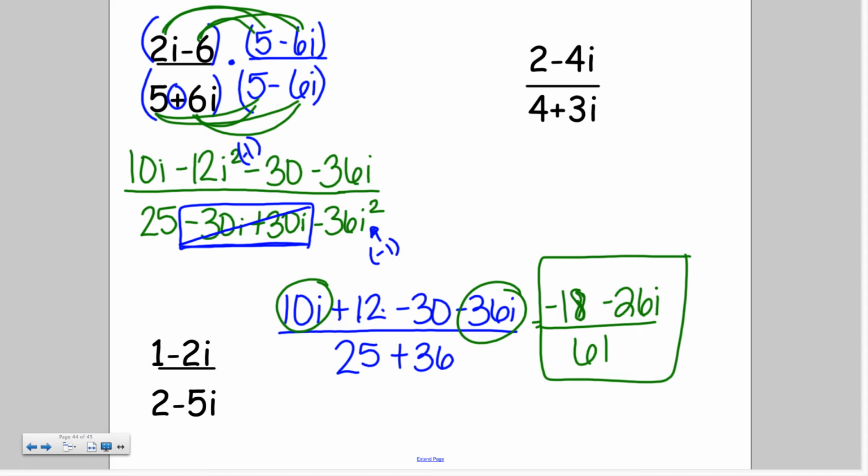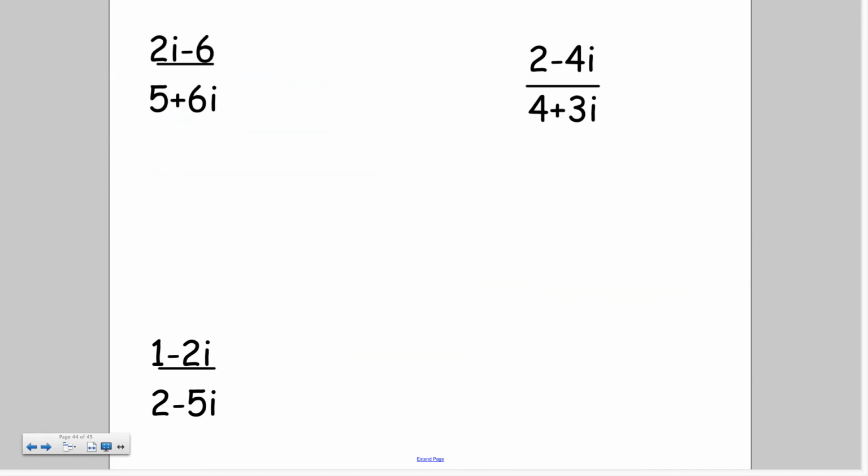So now let's go ahead, and I'm going to erase this. If you need to get the answer to this, just pause it. I'm going to go ahead and erase it so I have room for the next one. All right, so this one I'm going to multiply by 4 minus 3i, 4 minus 3i. Now,